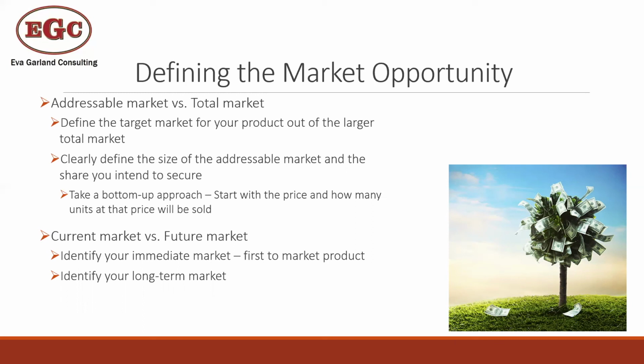You also want to think about your current market versus your future market. So you have your first to market product. It might not be your blockbuster product, but it's giving you some kind of proof of concept of your technology and the easier road to hoe at that point to get your technology to market. But then there could be other ones rolling out after that, your next generation. So think about your long-term markets and what that's going to look like also. So you're initially going to describe that first to market product, but then if that's not going to result in a huge revenue stream, your next generation or follow-on products will then contribute to continued revenue.